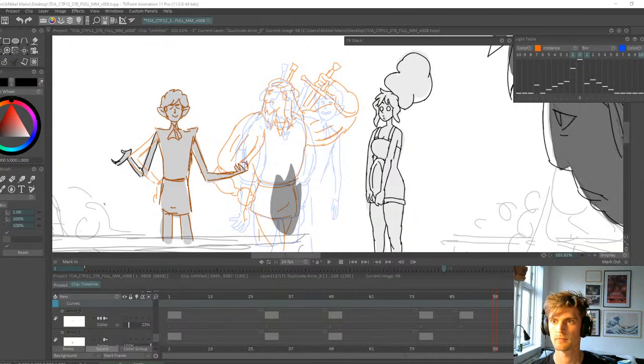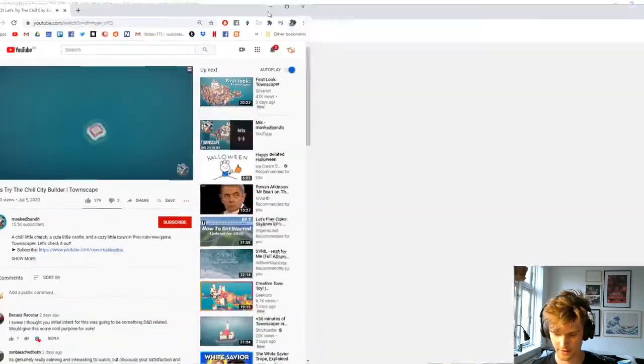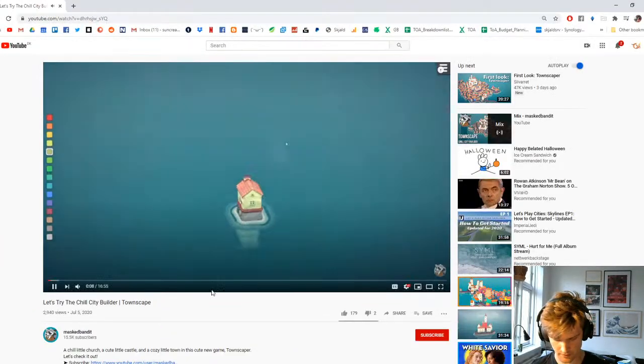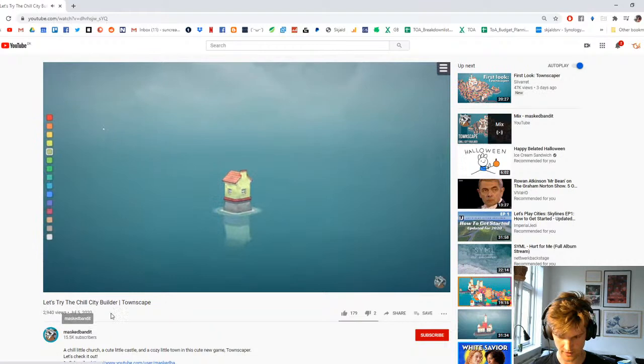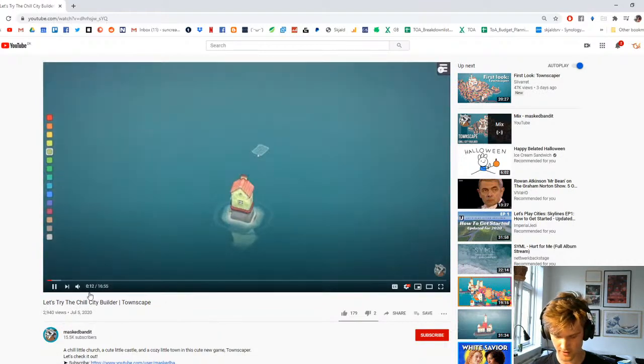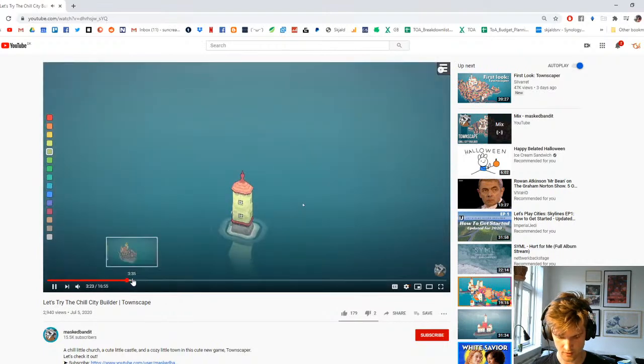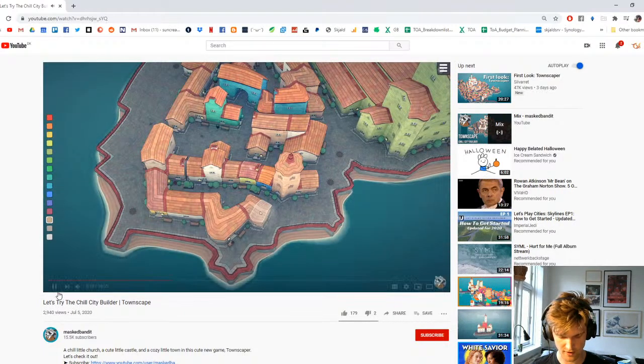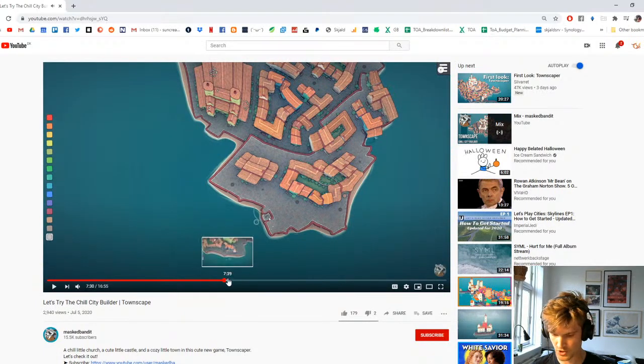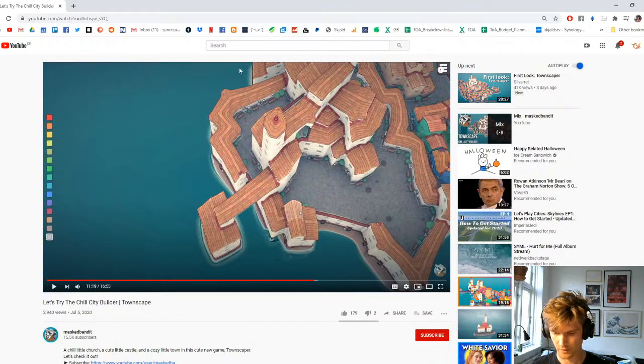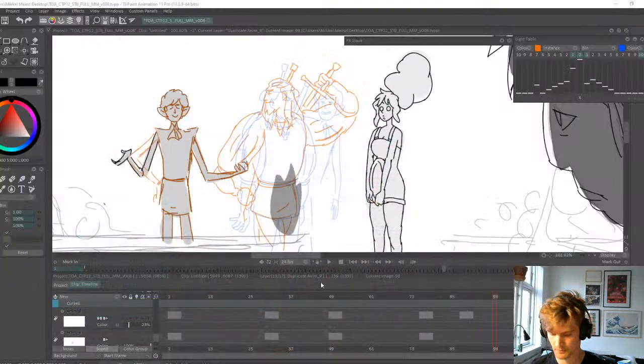Okay. So basically it works like this, where I just found a random video here from Masked Bandit, but you have an island where you can build cities, and all of a sudden you have a whole village, and where you can place your camera. So we tried that for doing layouts, and